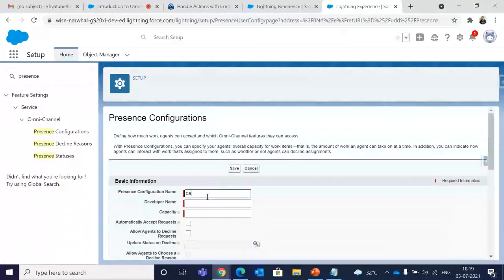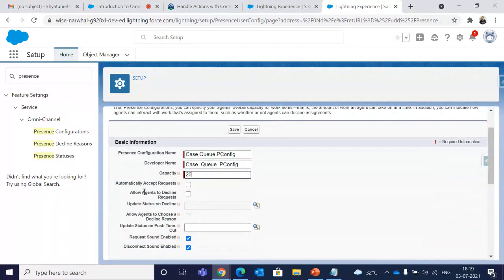I'll again give a name. I'll give the capacity as 20. This means that I can handle up to 20 cases. And as I said, there are a few checkboxes. As it suggests, automatically accept requests.